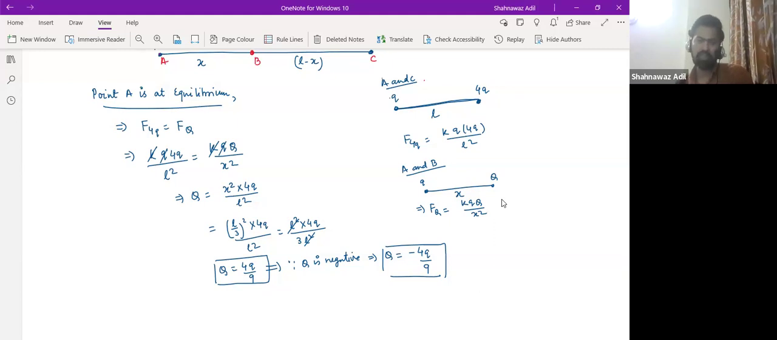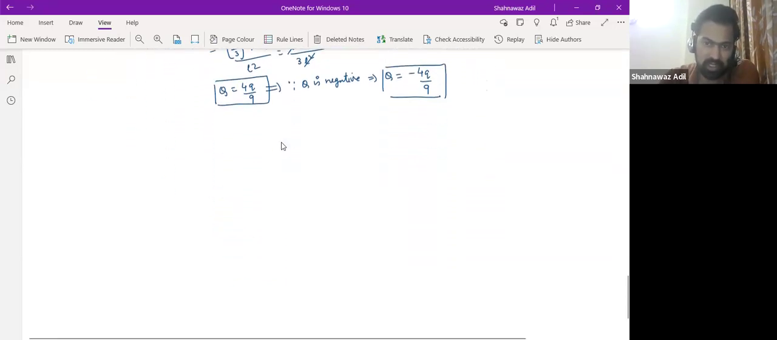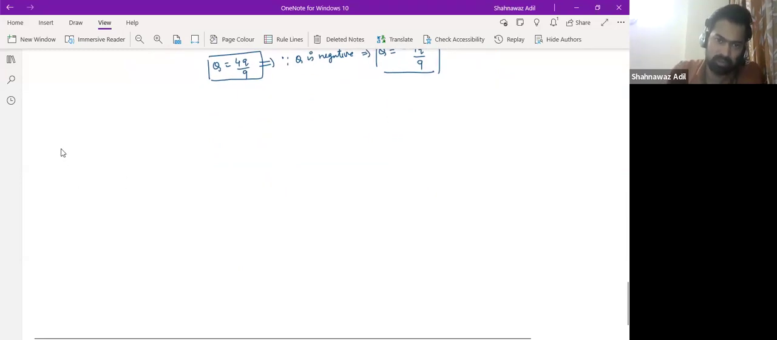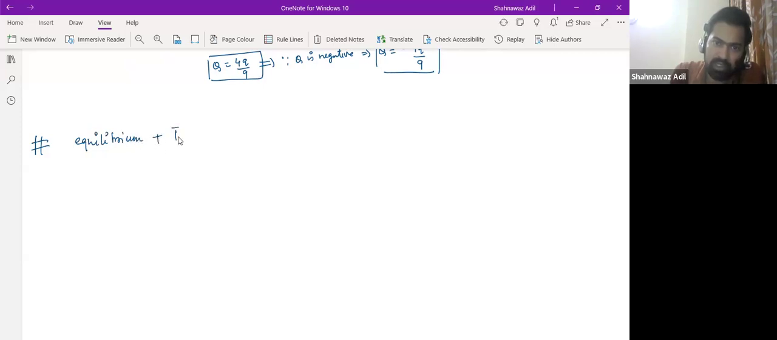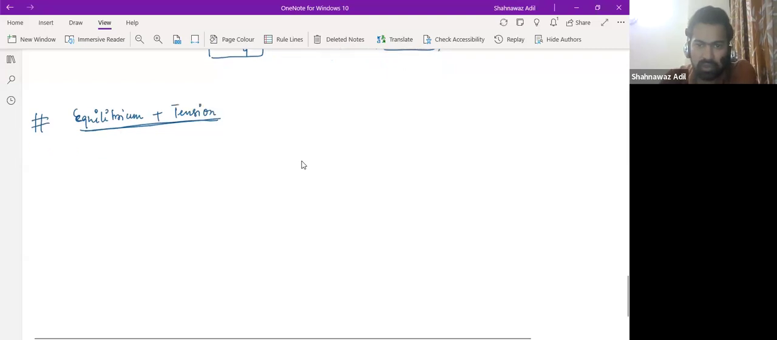Yeah. So now there is another question. Now we connect this equilibrium with another physical quantity, that is tension. So this equilibrium can be connected with tension. There are some questions based on these ideas, questions based on equilibrium plus tension. And what is that question? So you will be given,